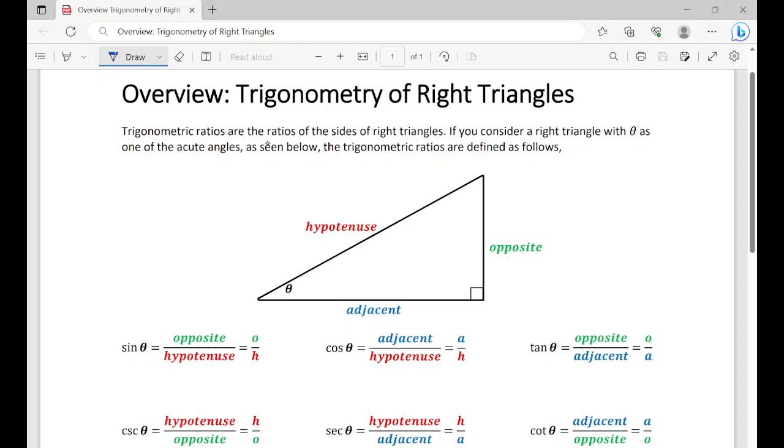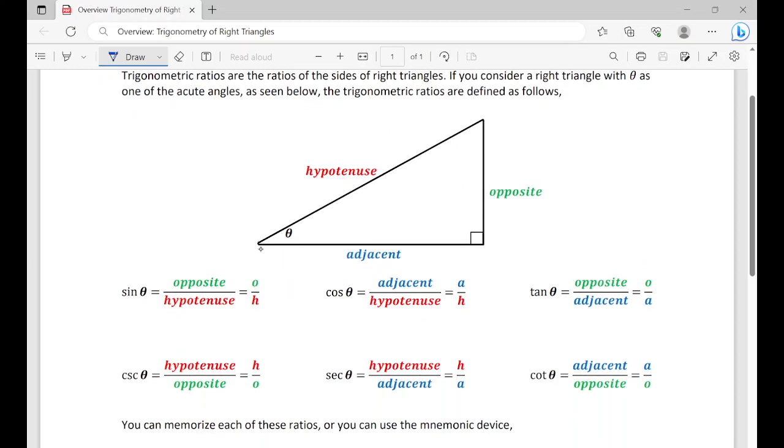Trigonometric ratios are the ratios of the sides of right triangles. If you consider a right triangle with theta as one of the acute angles, as seen below, the trigonometric ratios are defined as follows. So if we have a right triangle, and we know it is because of the square here, and I'm going to say that theta is right here, I can label the sides of the triangle as